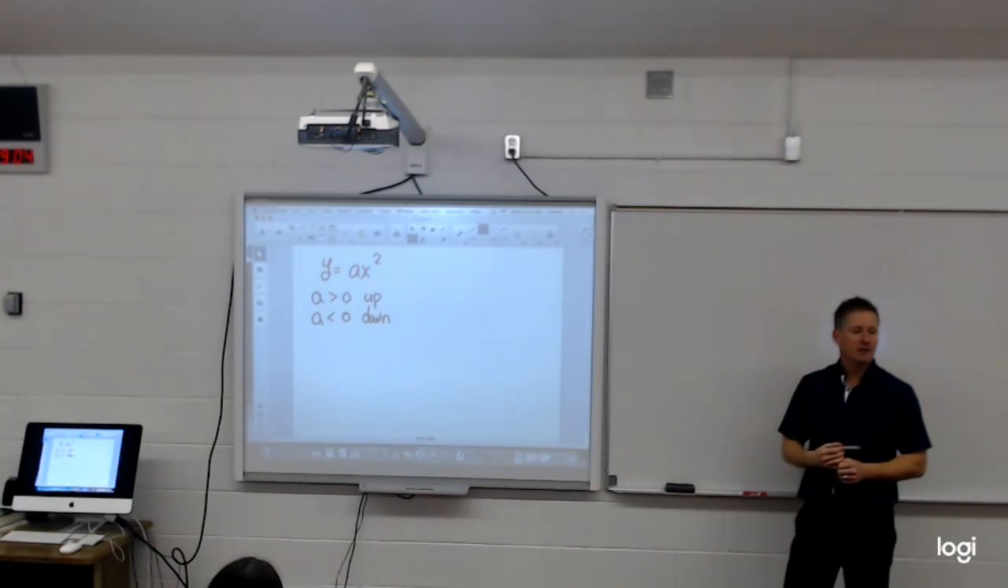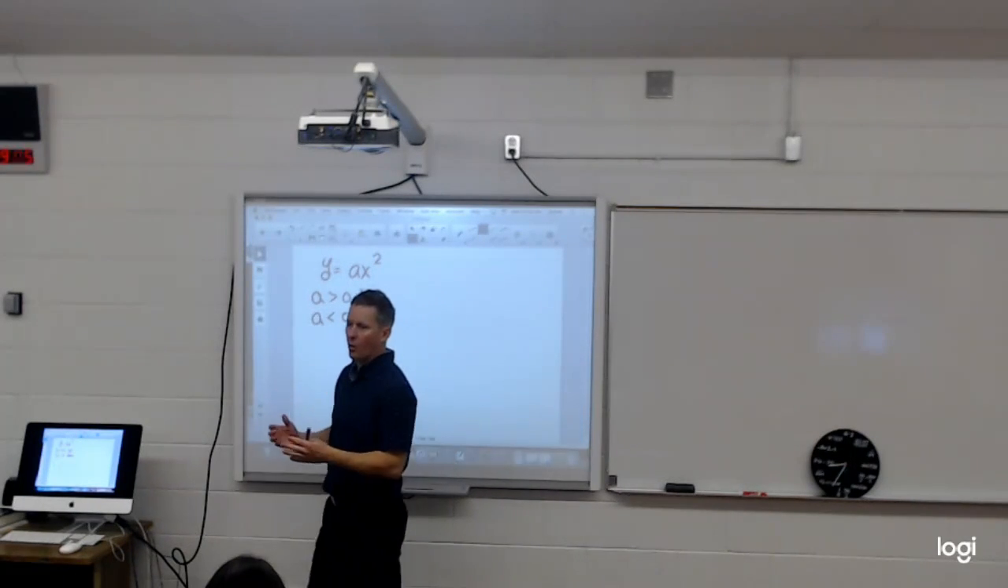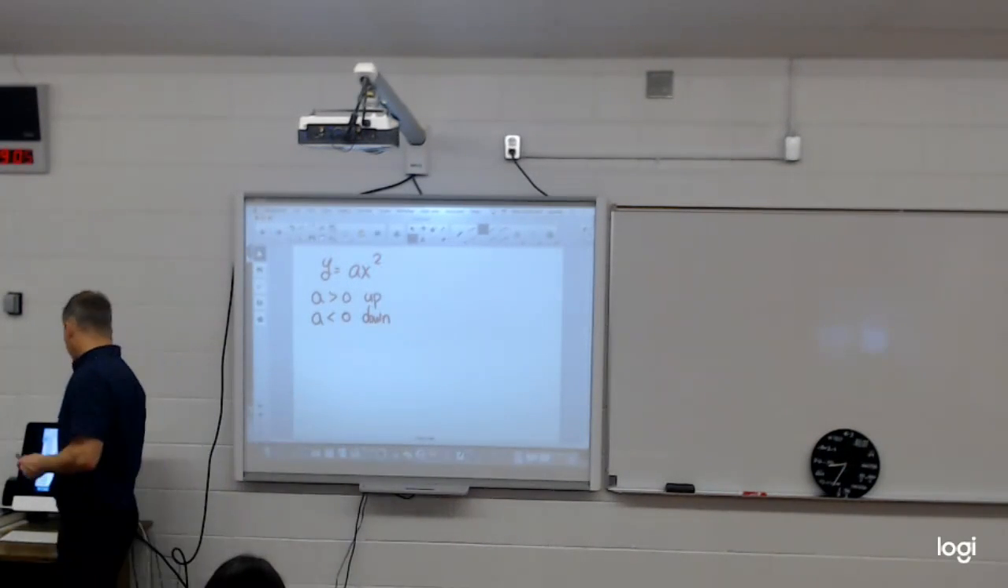So there's the first thing that it tells us. Does the graph open up or does the graph open down? The second thing that it tells us is how wide or narrow the graph opens. So for example,